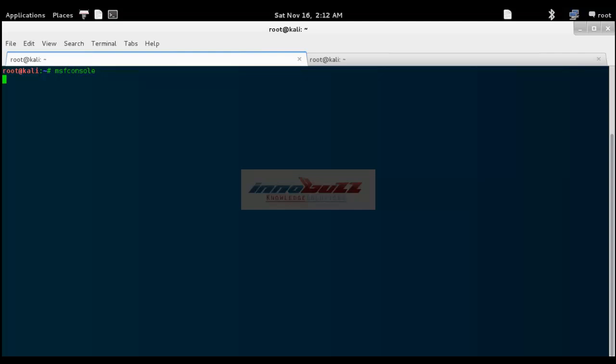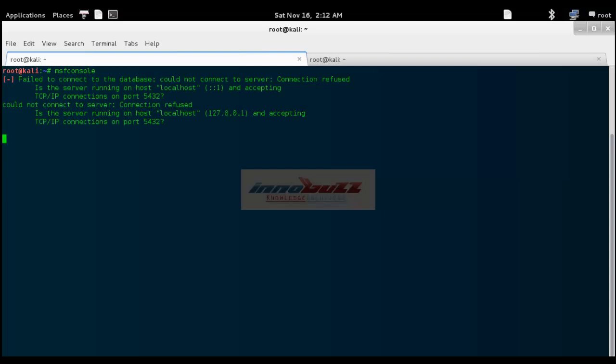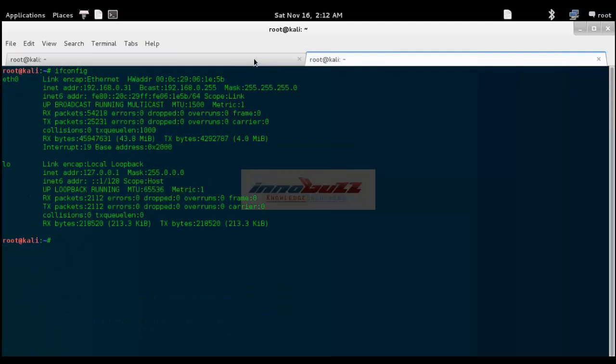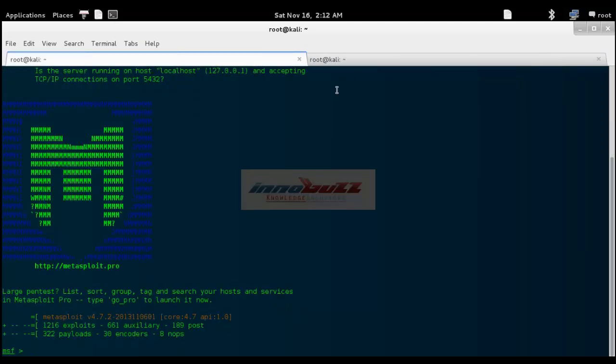This will take a couple of seconds to load. In this demonstration, I'm going to show you how to compromise a Windows-based machine, and my machine is Windows 7.